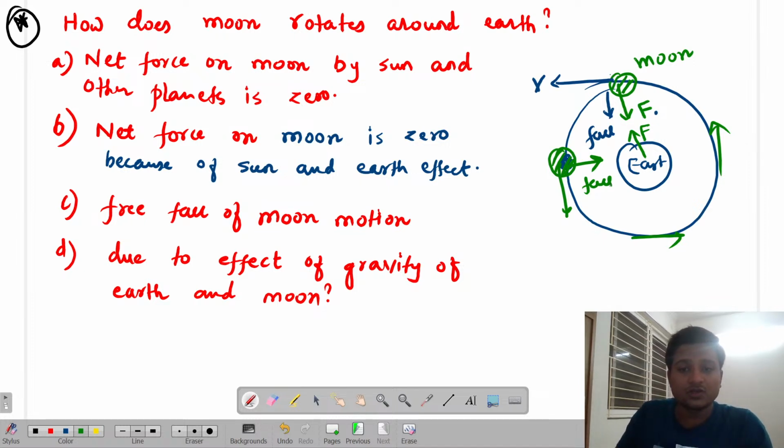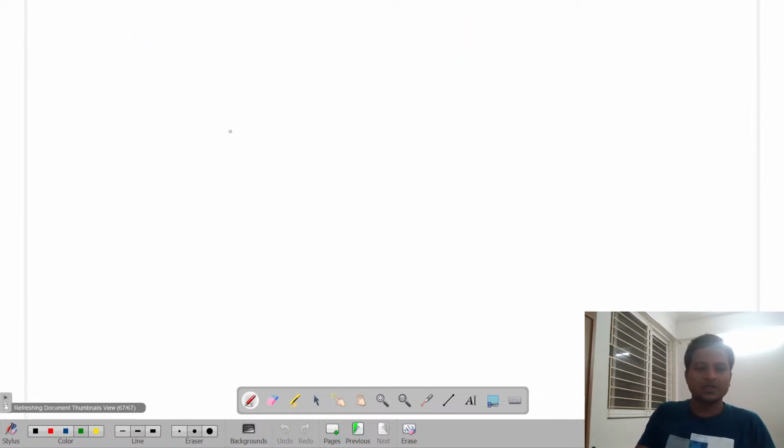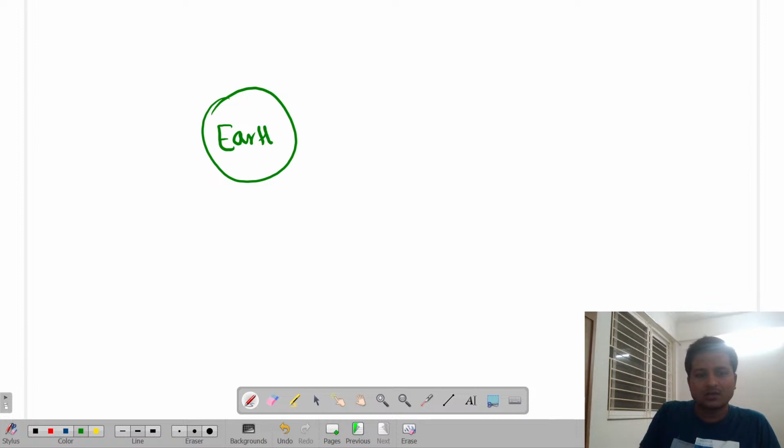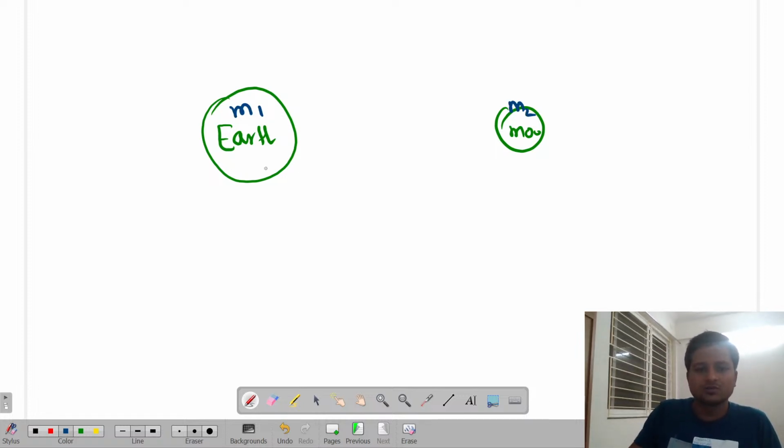If you take a ball and drop it from a building, what happens? Does the ball fall towards the center? So if it is in the field of gravity, look carefully. Suppose this is the Earth, and this is the Moon. Suppose its mass is m1, the other mass is m2, and the distance between them is r. So basically the Earth is trying to pull the Moon by force F is equal to G m1